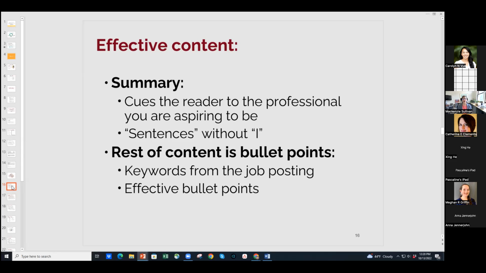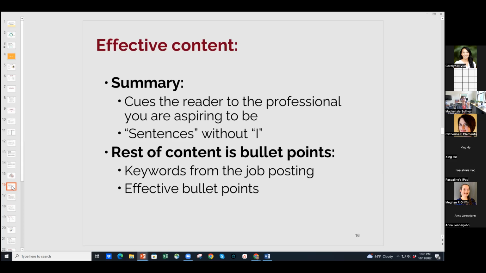But if you're applying for a project manager posting and the first thing the person thinks is that's an academic, unhelpful, right? And so if you write a summary that's kind of in this aspirational language, which we'll talk about, it can cue the reader up to say, oh, this is an aspiring project management professional. In my brain, I'm thinking of them that way. And when I read the content, it will fit into that idea that I already have in my brain.